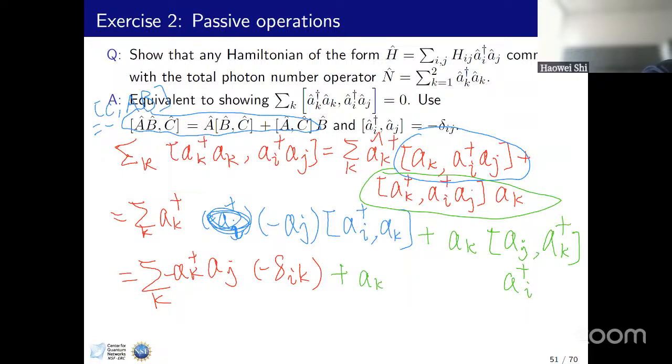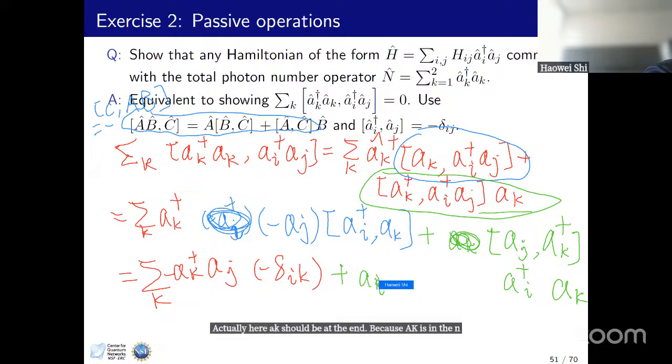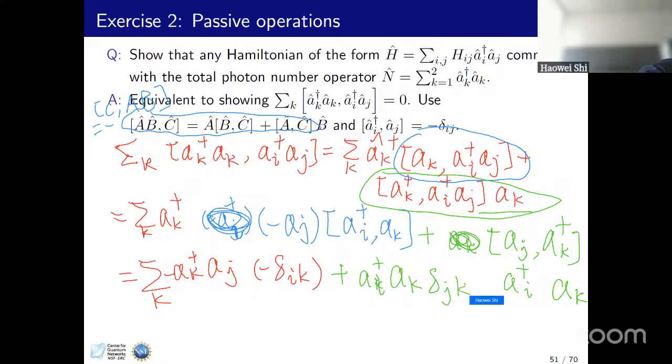Actually here a_k should be at the end, because a_k is in the end. So this is a_i times a_k. The commutation relation gives delta jk. Here we take the sum over the Kronecker symbol delta, which gives